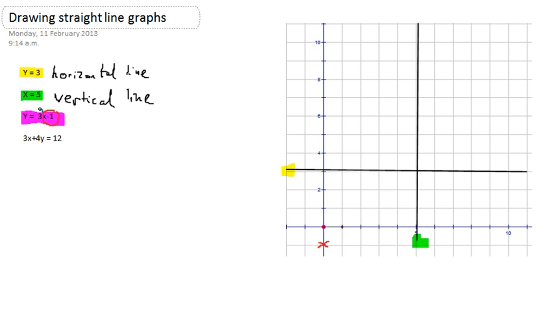The next number I'm going to look at is the gradient, the m part. Now the gradient is rise over run. So it's saying that my gradient is 3. That means for every 1 square I go across, I'm going to go up 3 squares. Now if my gradient was negative, I'd be going down for every 1 square I go across. So straight away, I've managed to plot 3 points, and therefore I can draw that straight line going through those 3 points